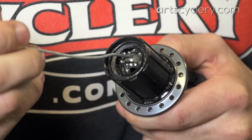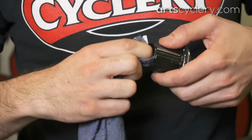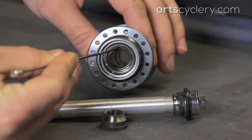Now that you have the axle off, use a magnet to remove the bearings. Then clean and inspect the bearings, cups, and cones. Look for pitting on all of the internals, especially on the cones, to see if any parts need to be